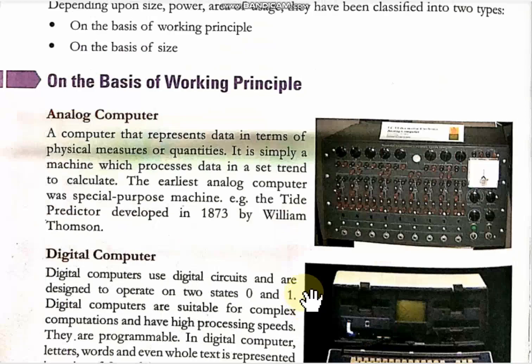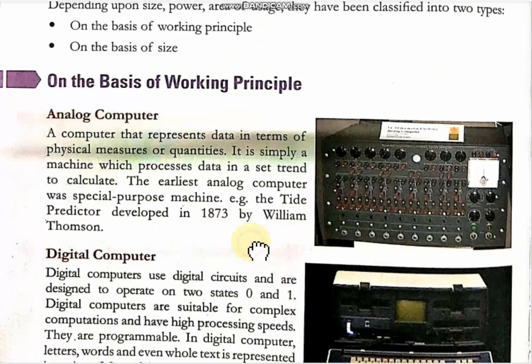For more clarification about analog computers, you can take the example of a thermometer. Now what does a thermometer do? It takes the body and gives you a measure of the body temperature. Take the example of a weighing machine. A weighing machine measures the weight of the body. So these two examples will help you to understand the analog computer, which measures a physical quantity.